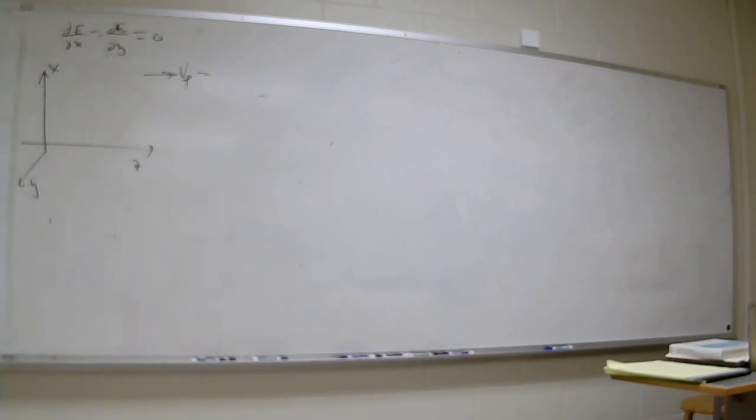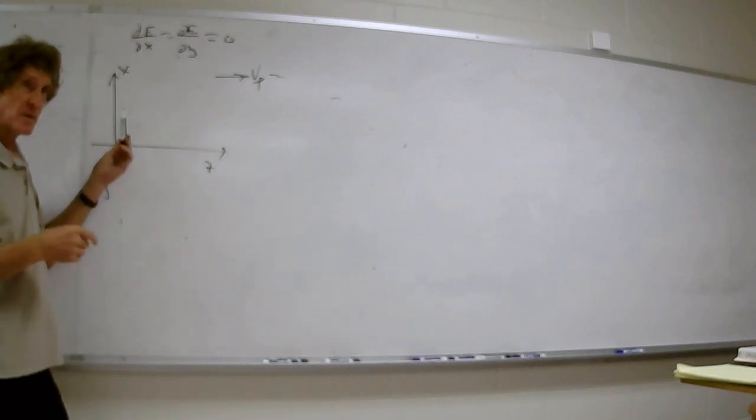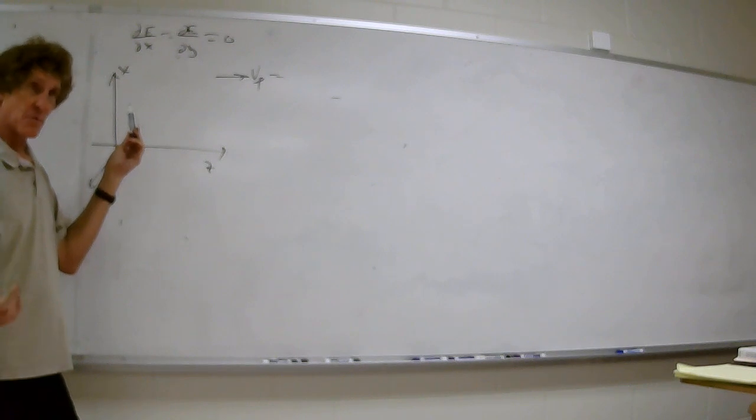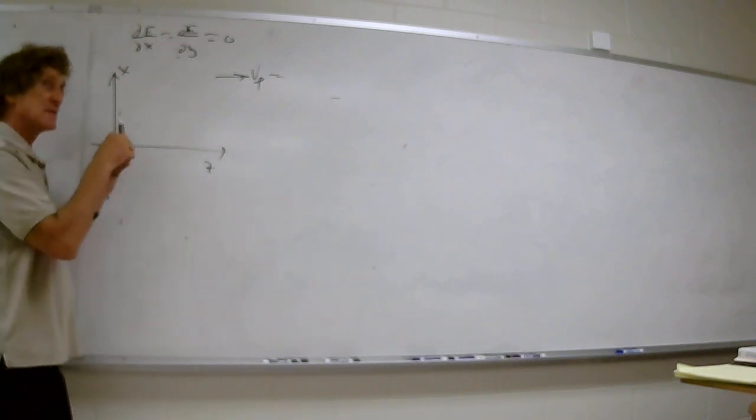So I haven't defined which orientation the electric field is, but I'm going to give you a clue on this one. Anytime you have an electromagnetic wave that's propagating, the E field will be perpendicular to the direction of propagation. You all with me on this, guys? It will, and I can prove that in a bit, but you're going to have to accept that as fact. So if it's propagating in the z direction,